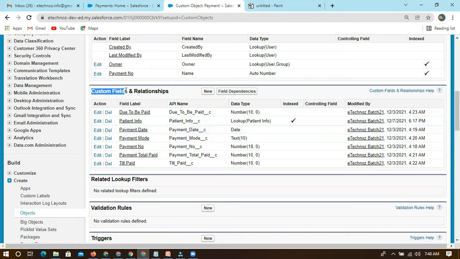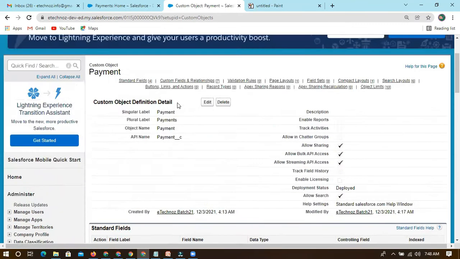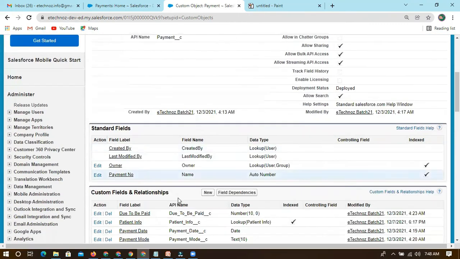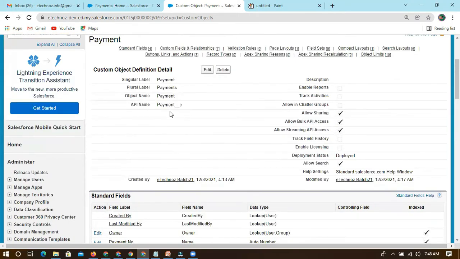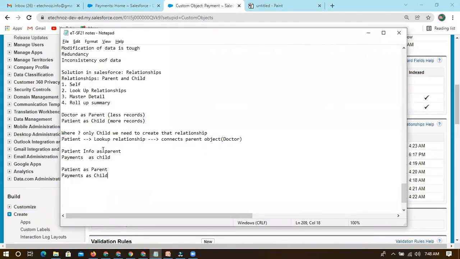Right, so we have covered custom fields, how to create custom fields, and also we have seen how to create a relationship. Right now we have created a lookup. If you create a new field with lookup to the same object, you can also select the same object. If you are creating the same relationship, payment to payment, that will come under self relationship.